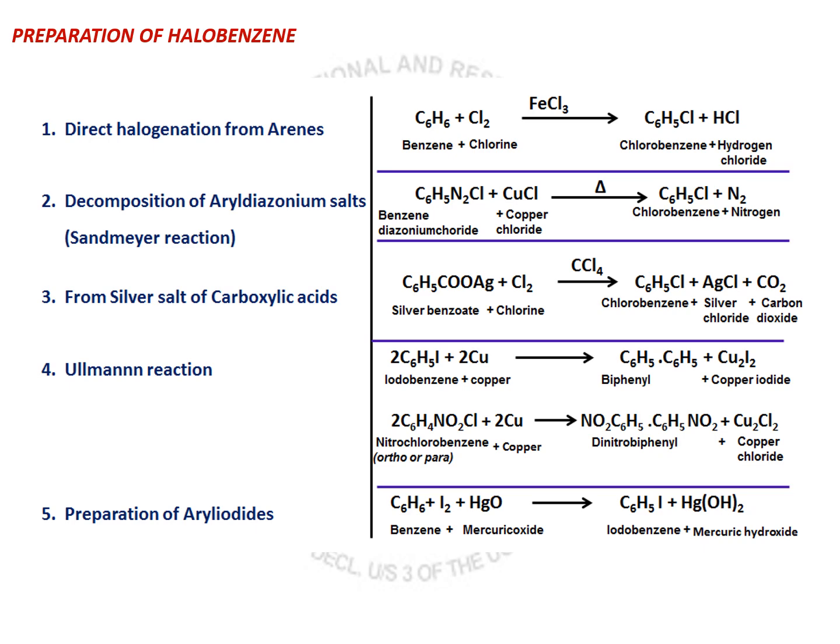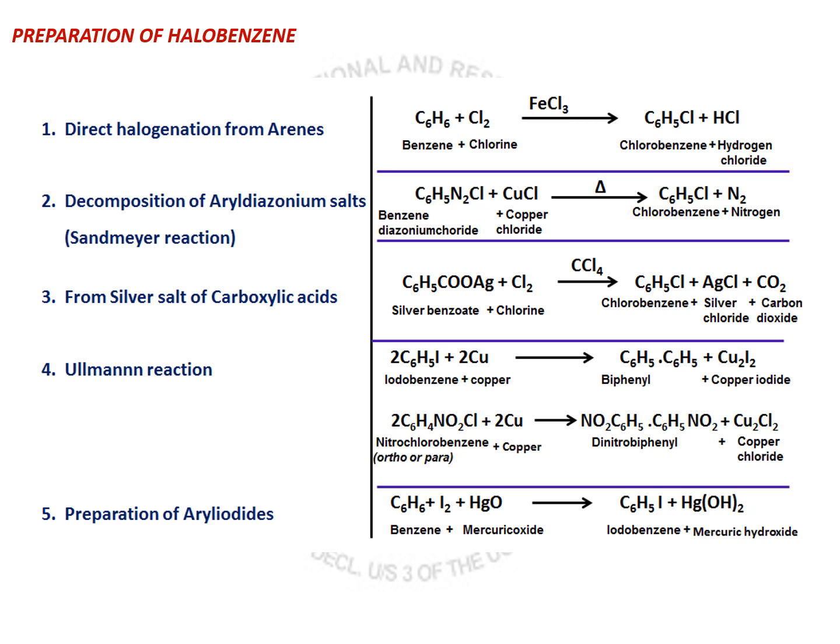The chemical equations of preparation of aryl halides are listed out here. First chemical equation is the method for direct halogenation of arenes, where the example given here is chlorination of benzene in presence of ferric chloride to give chlorobenzene. The byproduct is hydrogen chloride. The second reaction is Sandmeyer reaction, where benzene diazonium chloride C6H5N2Cl is treated with CuCl, copper chloride, and a mild heating gives chlorobenzene and nitrogen.